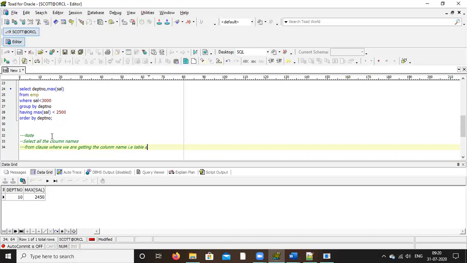Now next is the where clause. Where clause means you have to write a filter condition for any column.